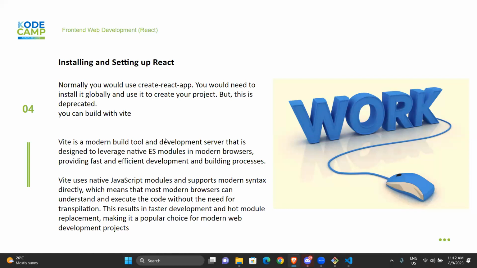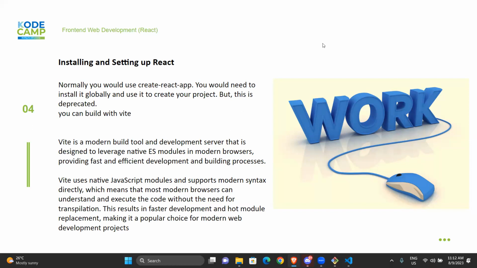When I started learning React, with Create React App you see that it's kind of slow. Your app is a bit slow to render or to show on your browser.